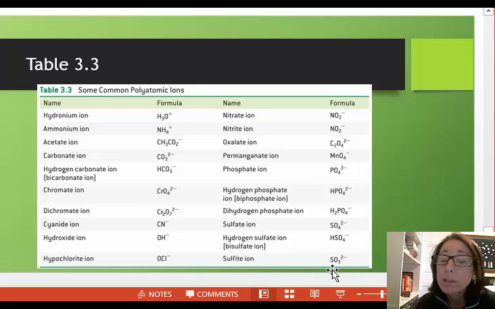For example, a sulfite ion has 1 sulfur atom, 3 oxygen atoms, and 2 extra electrons, as indicated by the -2 charge. Likewise, if you were given the formula and charge of a polyatomic ion, such as capital N, capital O, subscript 3, superscript negative, you should be able to correctly name it as nitrate. Spelling counts. There's a difference between nitrate, nitrite, and nitride.